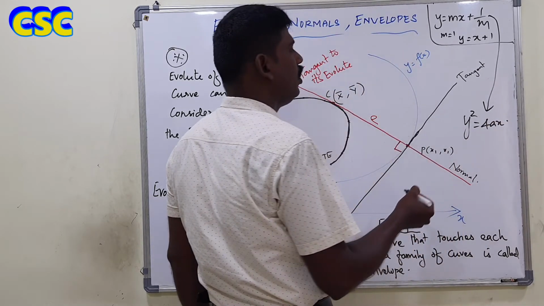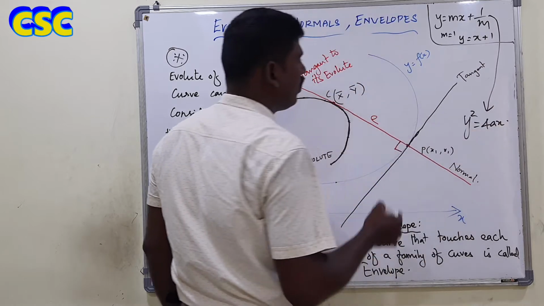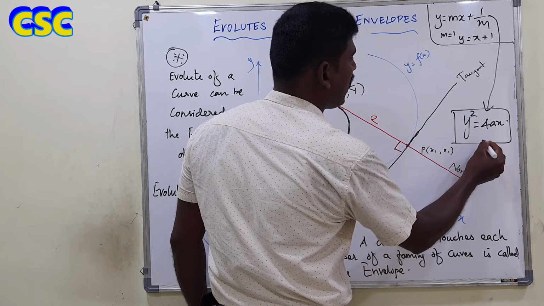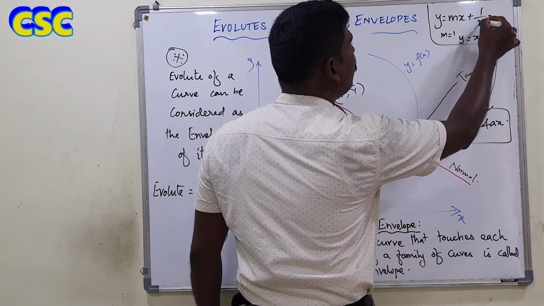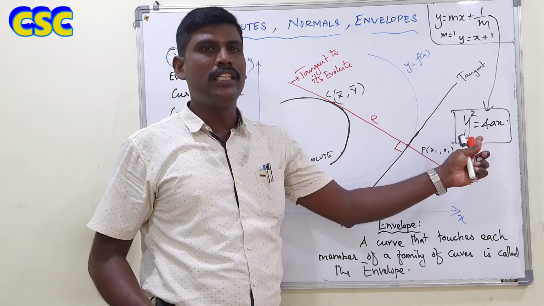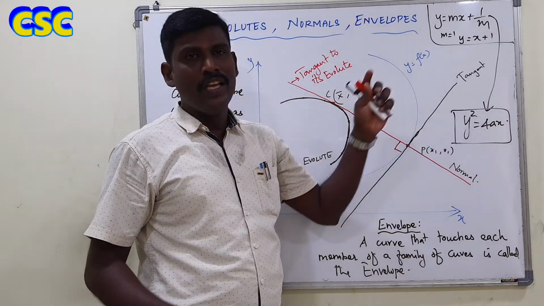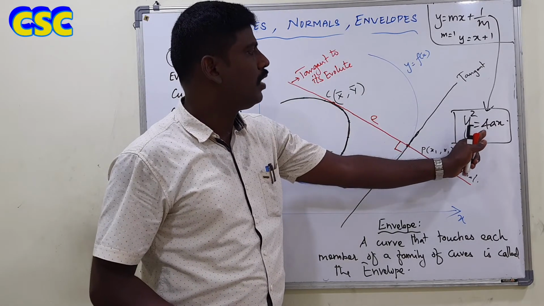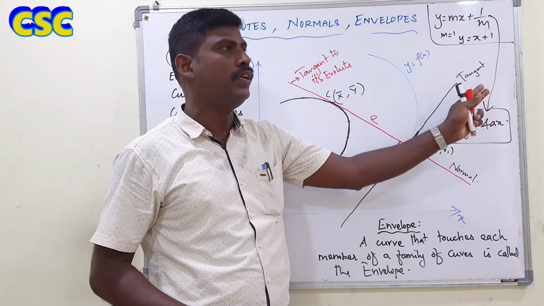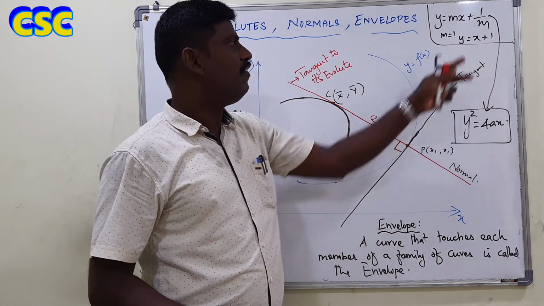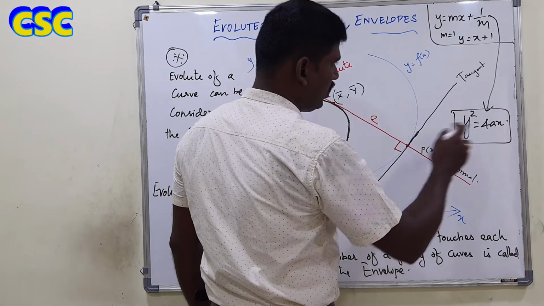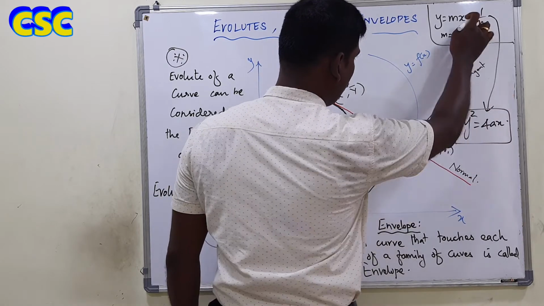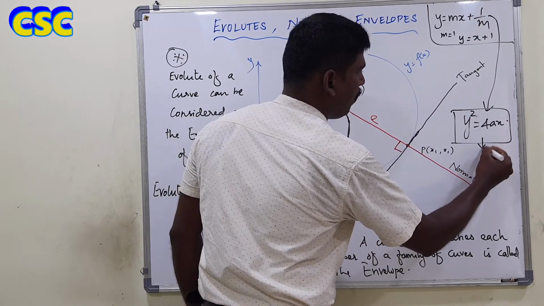Okay, maybe x square equal to 4a or y square is equal to 4x, right? Okay, so I think it's y square is equal to 4x. This y square is equal to 4x is a parabola that touches each and every member of the family. Already we discussed in the previous video, link you can check it. Clearly I explained through the graphical method how this curve touches each and every member of this family through the three examples. Three members I found out of this family of curves and I drew the curves, that this curve touches the three members of this family, right? So this is called the envelope.